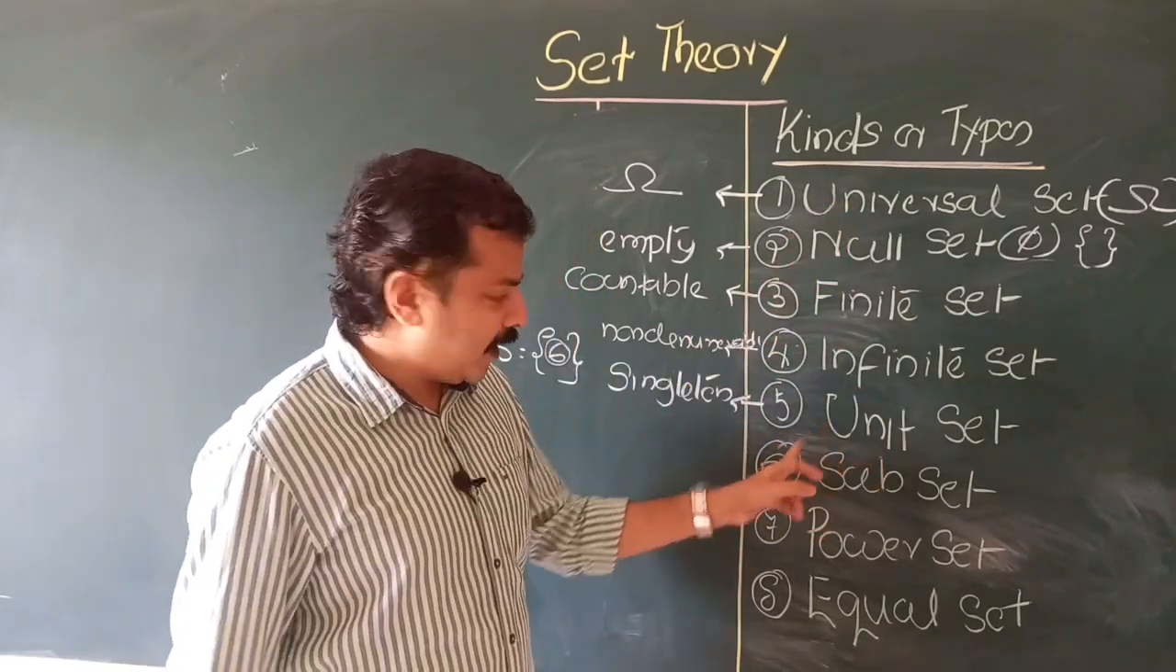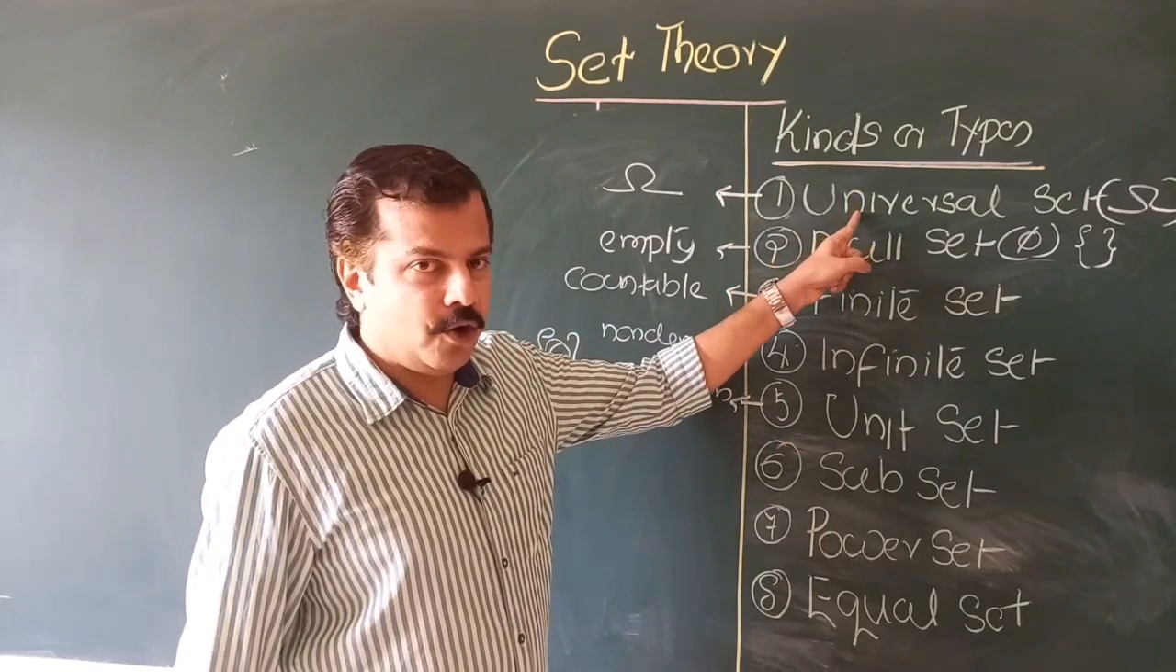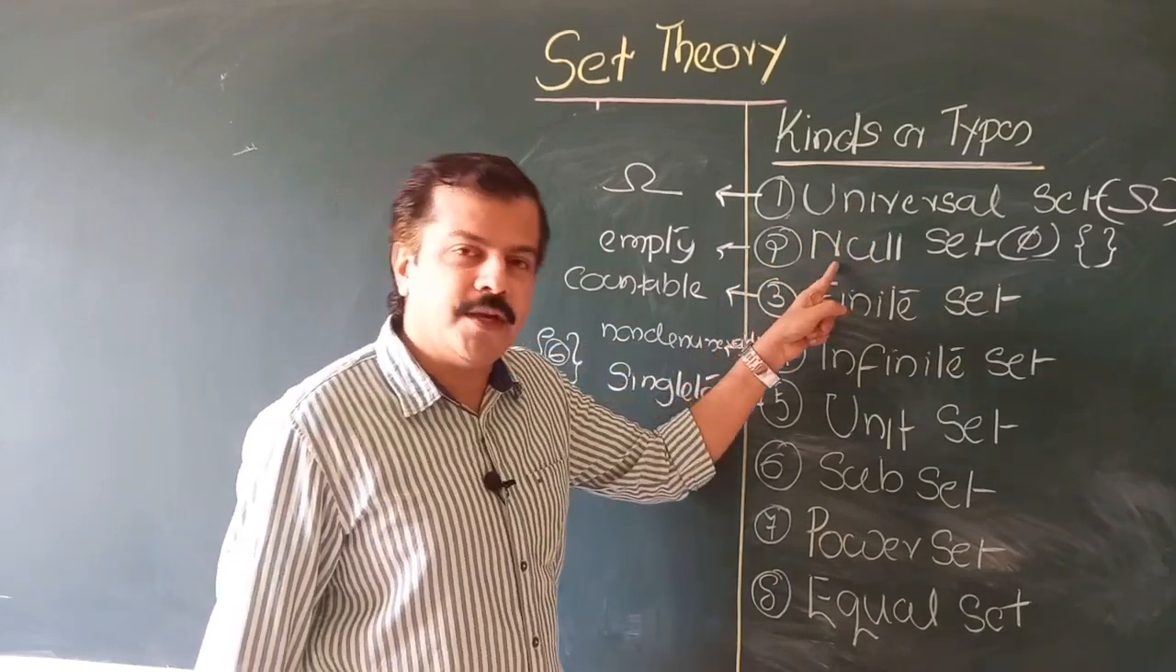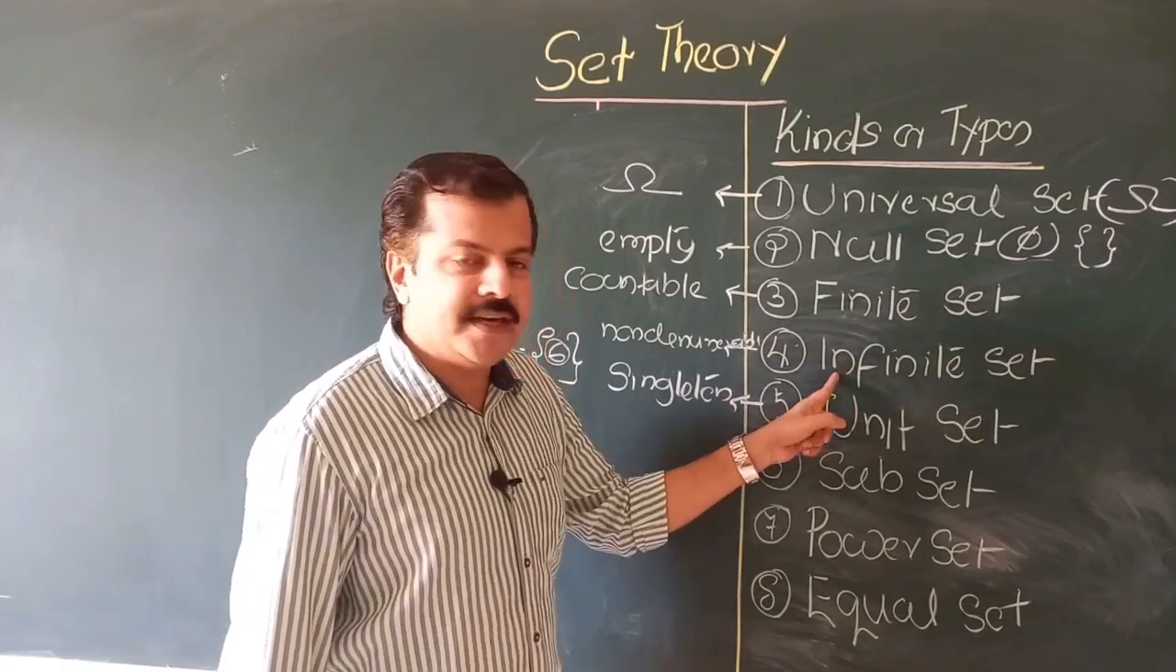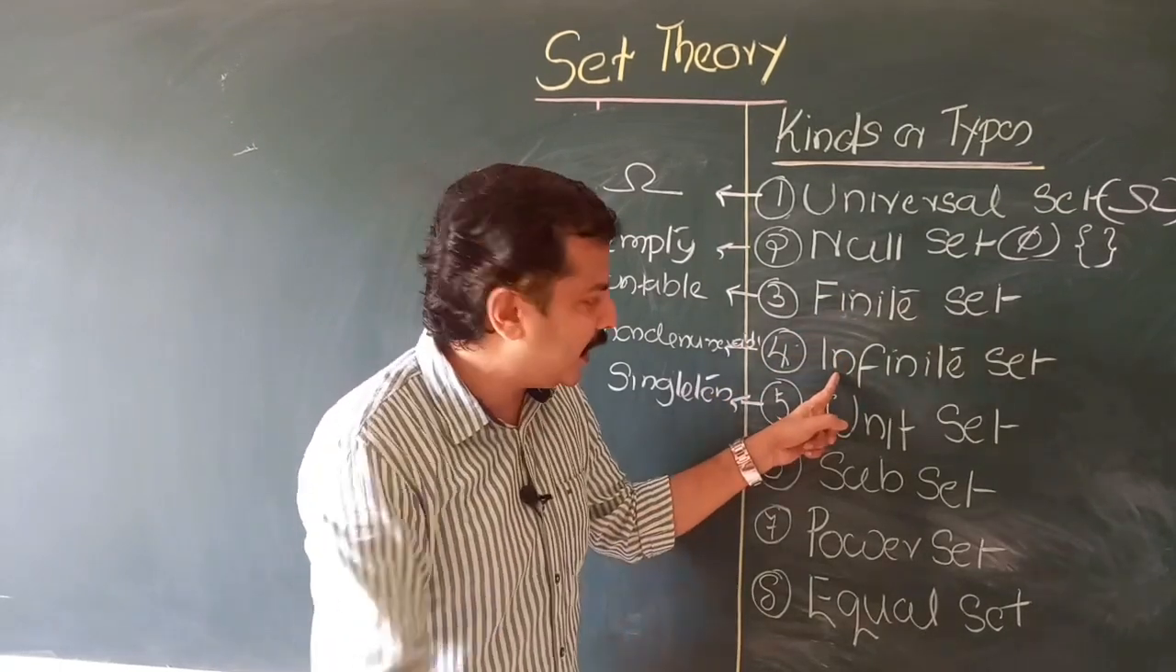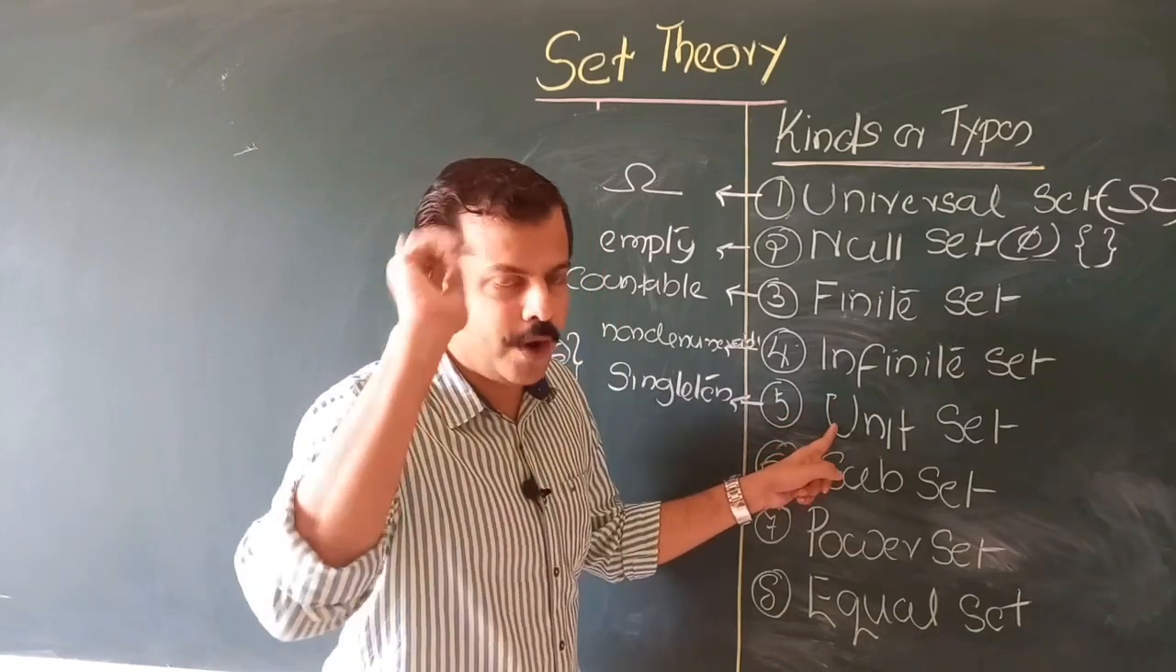So we have 5 types. Universal set is an all-inclusive set. Null set is a set having no elements. Finite set is a set having a countable number of elements. Infinite set is a set whose elements cannot be counted. Unit set has only one element. Now,